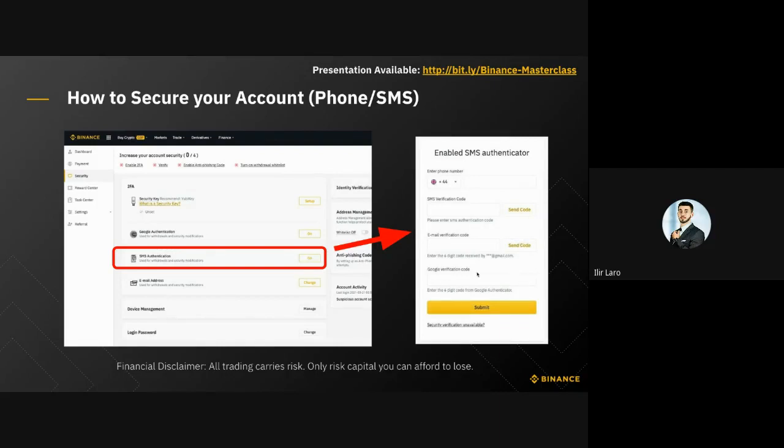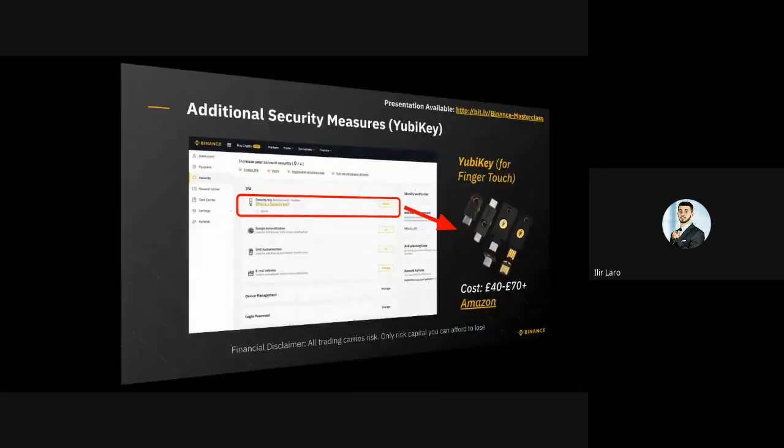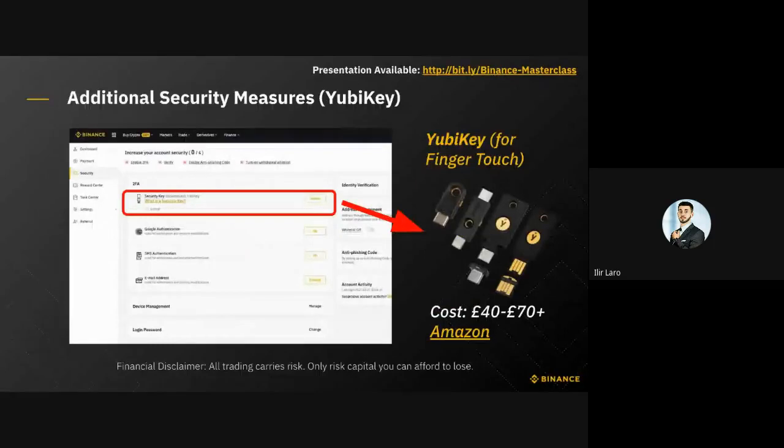Something to bear in mind is that there is a time limit on these codes. If you send your email verification code, the code that you receive in an email will be valid for a certain period of time, and the same goes for the Google verification code. So you have to be very fast at doing all three, making sure that you receive the codes for each individual one within the time frame. Once you've set up your Google Authenticator and linked your mobile SMS,